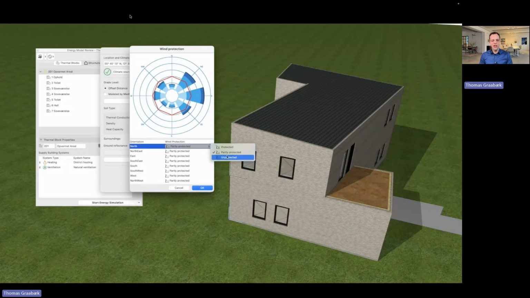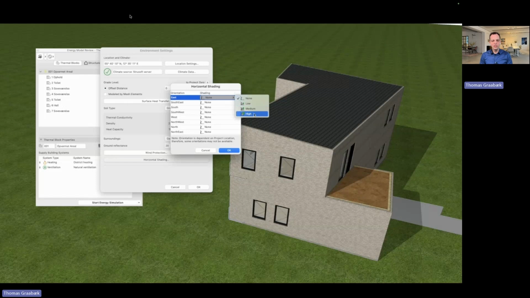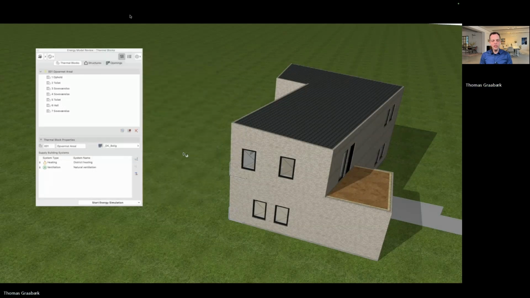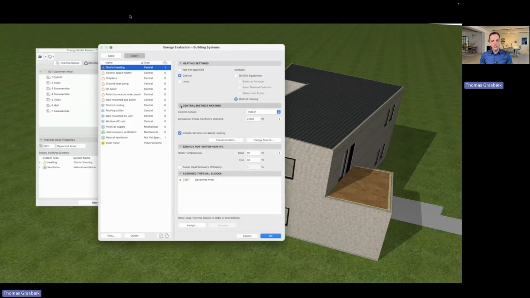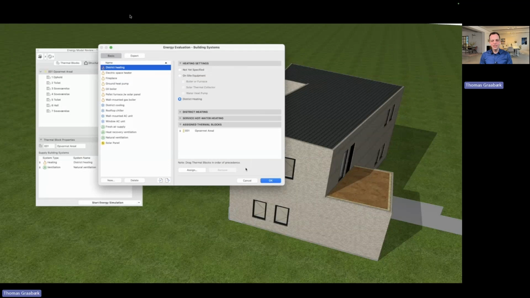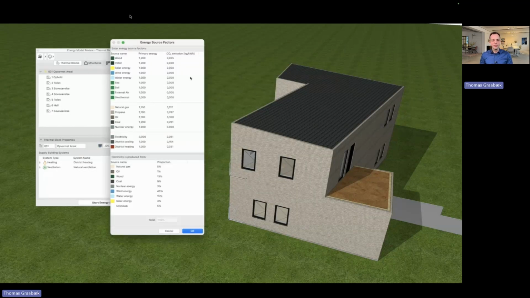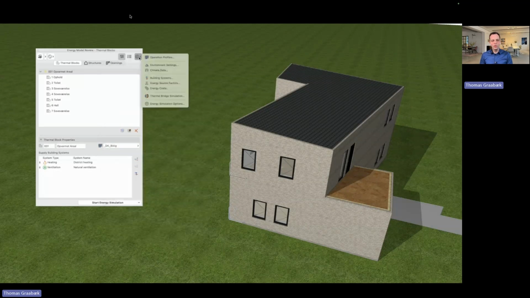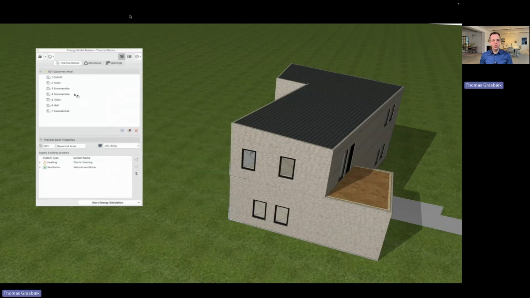So the simulation of energy is precise no matter where in the world the building is placed. And then I can see the building systems. I added district heating and natural ventilation, and I can do the settings in here. I'm an architect, so I'm not going to touch any of that. I can also see that we have added how many kilograms of CO2 per kilowatt hour. So all the different energy sources have a CO2 footprint.